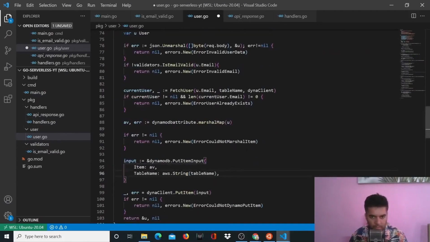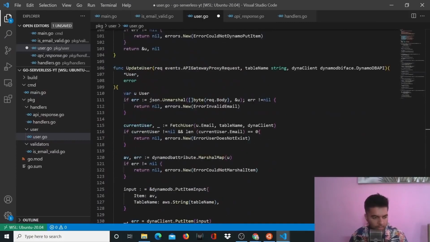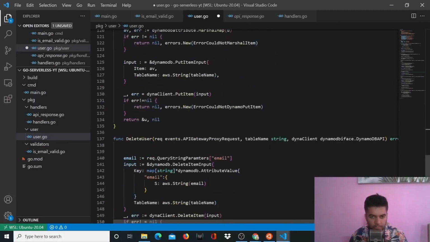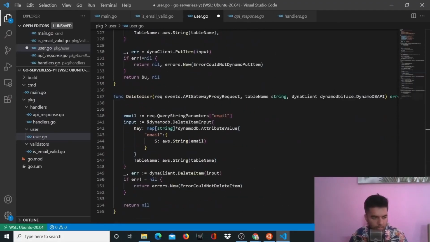All right. And in the update user function, again, let's go to the input area. Here I've put the commas, so I don't see any issues here. And for delete, definitely you need to put a comma here as well as here. So